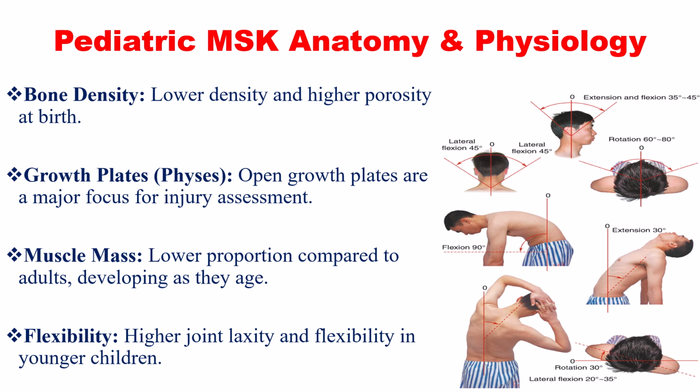Children have increased mobility, particularly in the cervical spine, C2, C3, and a higher tendency for joint hyperextension, such as in the elbows and the knees. In addition, due to high metabolic activity and rapid growth, pediatric bones remodel significantly faster than adult bones, allowing for correction of certain angulation over time. In addition, ligaments and tendons are generally stronger than the bones they attach to, which is opposed to the adult musculoskeletal system.